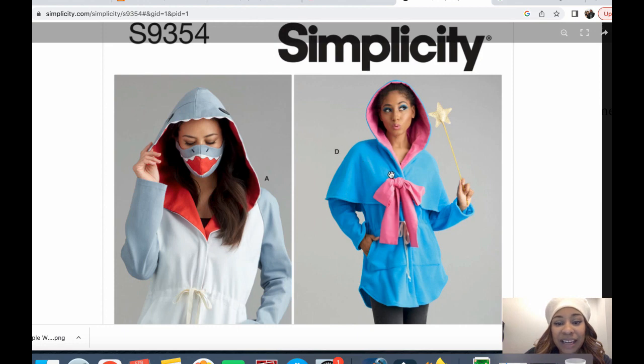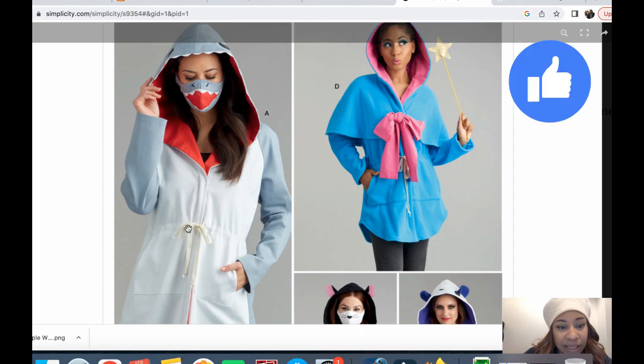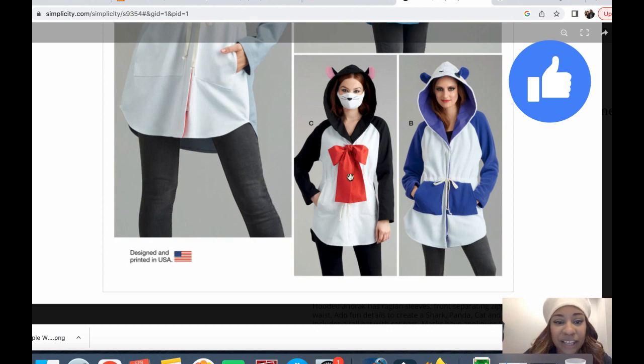I actually kind of like view D because I love this cape type of look. Yeah, that's just my personality. Not with the bow, but just kind of like this right here without the bow. So that would be my perfect jacket for this pattern. It has the ties here, like it said, to cinch in the waist. I think that's very nice, and I do believe that this has a lining, but we'll take a look to